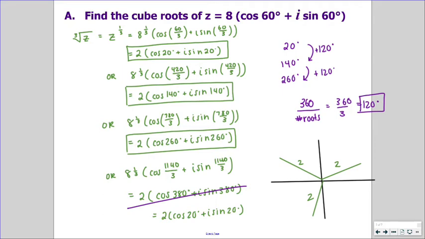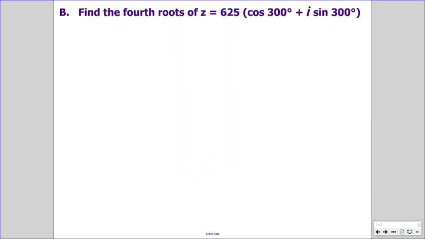All right, so we're going to do that for B, C, and D, and then you guys are going to do the same thing for your homework. We're going to use the shortcut so I don't have to think about all the angles that are coterminal with the angle we're starting with. And we'll take a look at example B now. So we want to find the 4th roots of this complex number in polar form. Now, 4th roots means we're going to have 4 solutions,